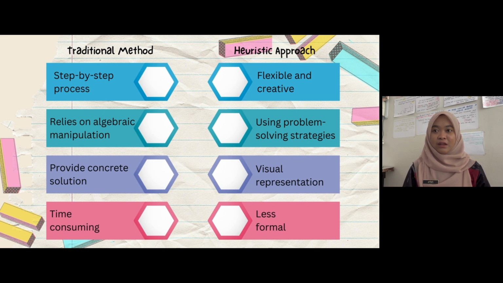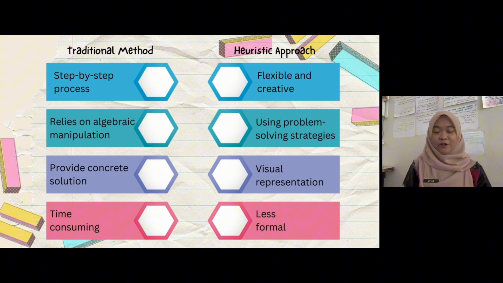We start from identifying the given information, defining the variables, setting up the equation based on the given condition, and the last step, we solve this equation to find the solution. The second point is that the traditional method uses algebraic manipulation. This method heavily relies on algebraic manipulation of equations to derive the solution. We use mathematical operations such as addition, subtraction, multiplication, and division to simplify all the equations